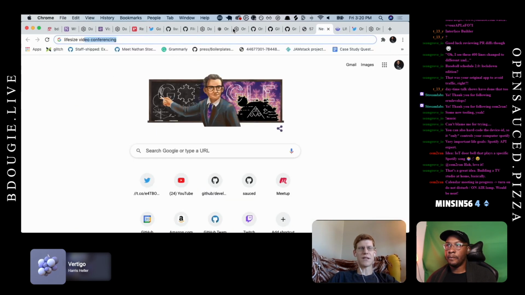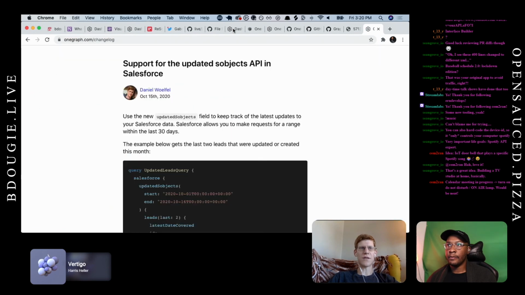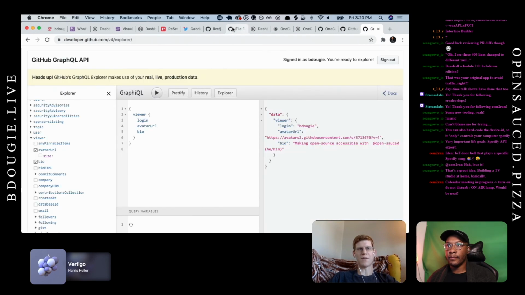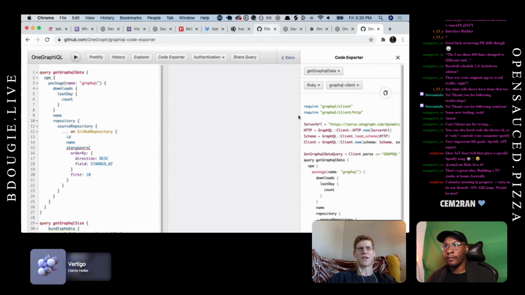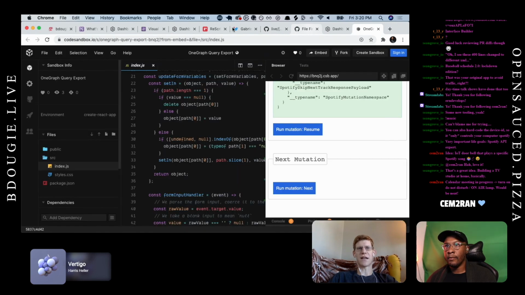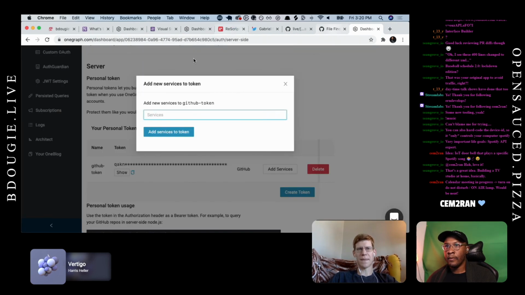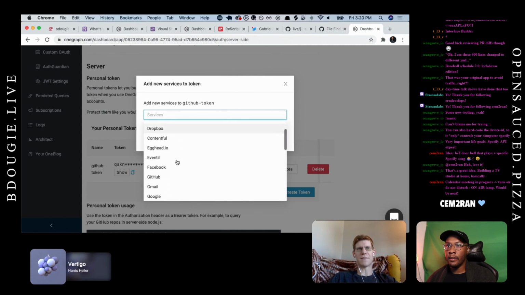So if you want to use a Google service with OneGraph, we require you to create your own client ID and secret on Google's side. The reason for that is it's almost impossible to get clearance for the scopes, and you have to have a very specific use case.